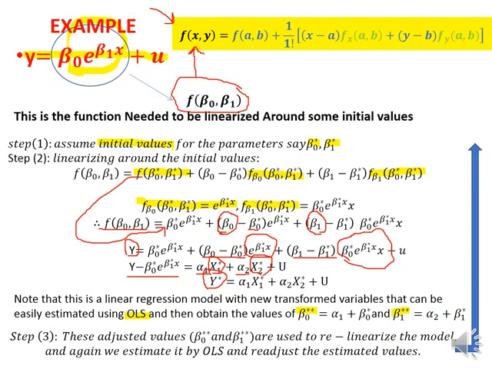So I will repeat the same steps starting from step 1, but instead of having beta naught star and beta 1 star, I have beta naught double star and beta 1 double star, and then 2 and 3, and then you will have beta naught 3 stars, beta 1 3 stars. Use it to relinearize. Beta 4 stars, use it to relinearize, and so on and so on and so on